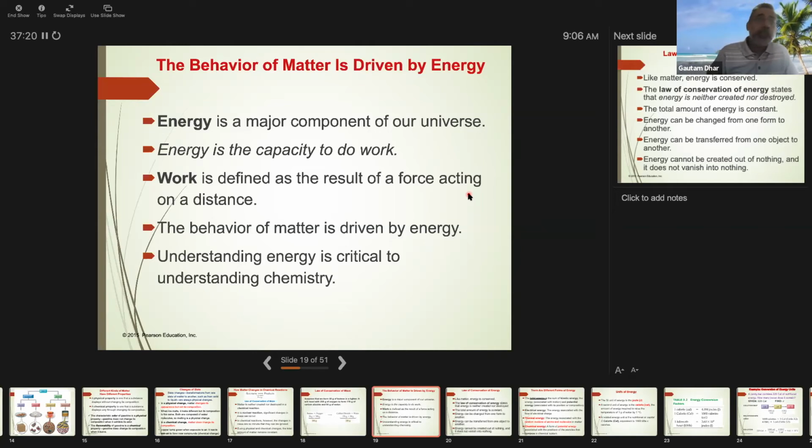So understanding energy is critical in understanding chemistry. Very, very important, because of the behavior of how they react, what product you'll get. And as you learn more of this, you'll appreciate that you can determine the product, or how much product you'll get, by calculations of energy. Not in this chapter, and not all in this course, but eventually you'll come across some of them.